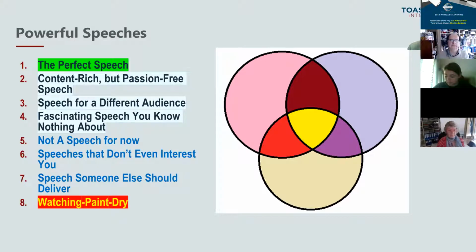You'll come up with fascinating speeches that you know nothing about. There will be speeches that you don't want to give now, speeches that don't interest you, and speeches that someone else should deliver. The worst speeches are those that are like watching paint dry.